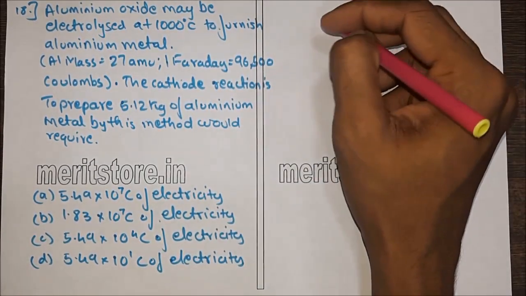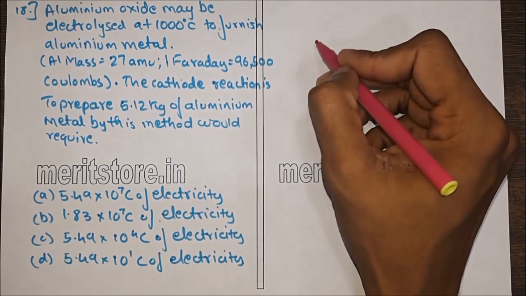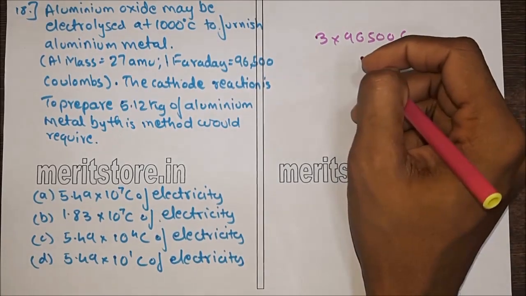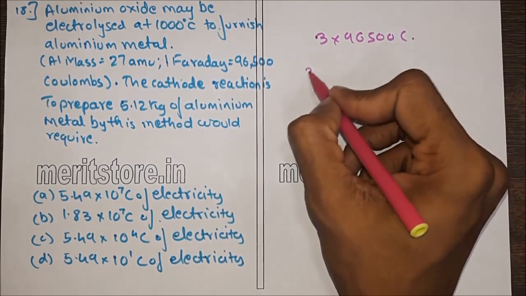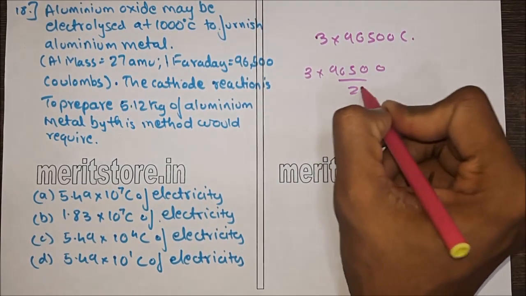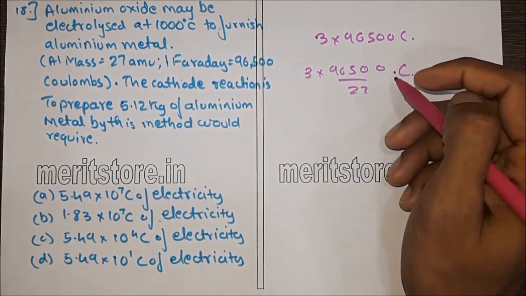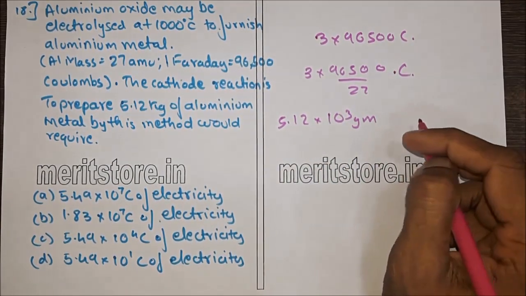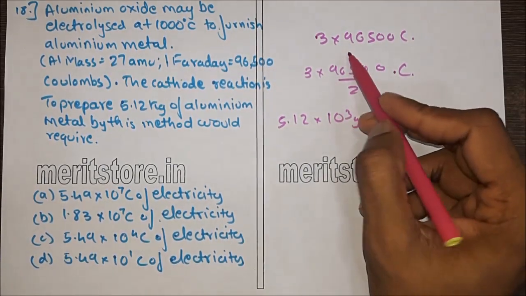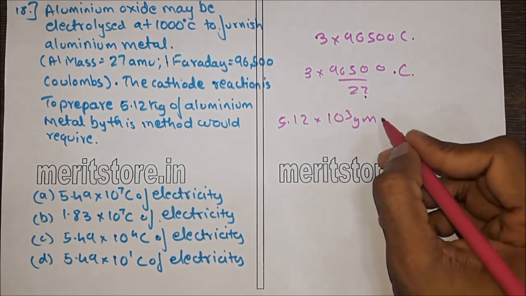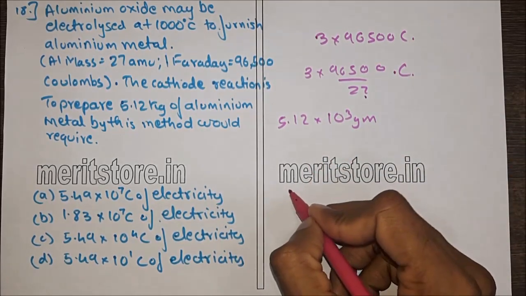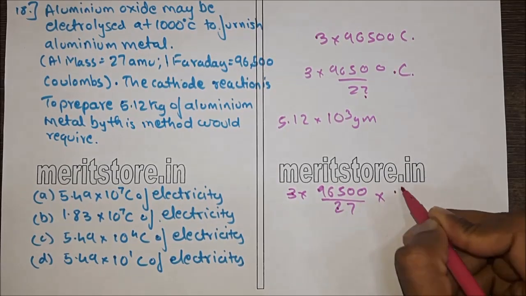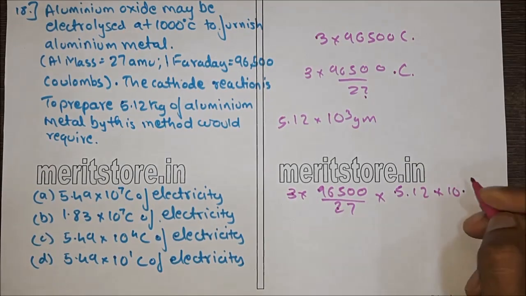So 27 gram of aluminum is obtained by passing a current of 3 into 96,500 coulomb. 1 gram of aluminum is obtained by passing a current of 3 into 96,500 upon 27 coulomb. So therefore 5.12 into 10 raised to 3 gram of aluminum is obtained by passing a current of 3 into 96,500 upon 27 into 5.12 into 1000,